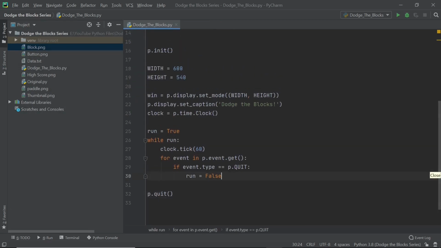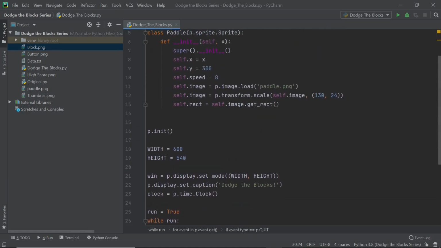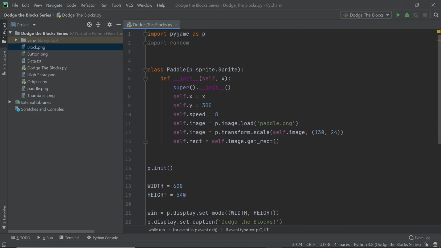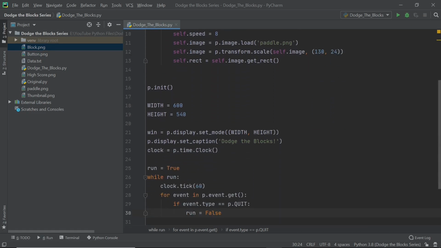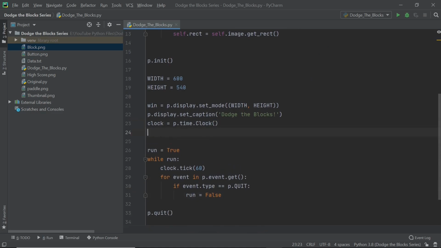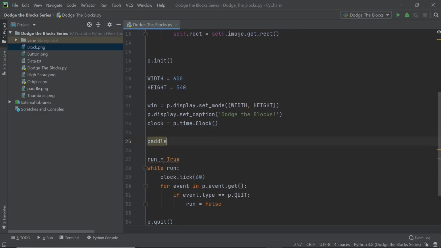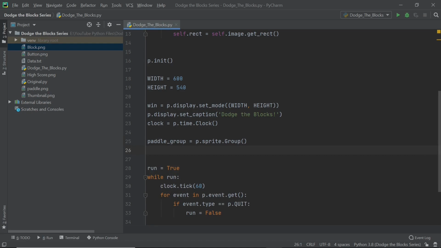And now we can get into the more complicated part of it. When we're working with sprites, it's essential to know that you can't just directly create an object and work with it. You also need a sprite group, and that's what I'm going to create first. I'm going to call it paddle_group, equal to p.sprite.Group, and this is a group which will update and draw all of its sprites at the same time. Since we just have one sprite in this particular group, we will just be drawing that sprite, and you'll start to see the power of groups when we program our blocks, which we will not be doing in this video, but as of now, just follow me along.